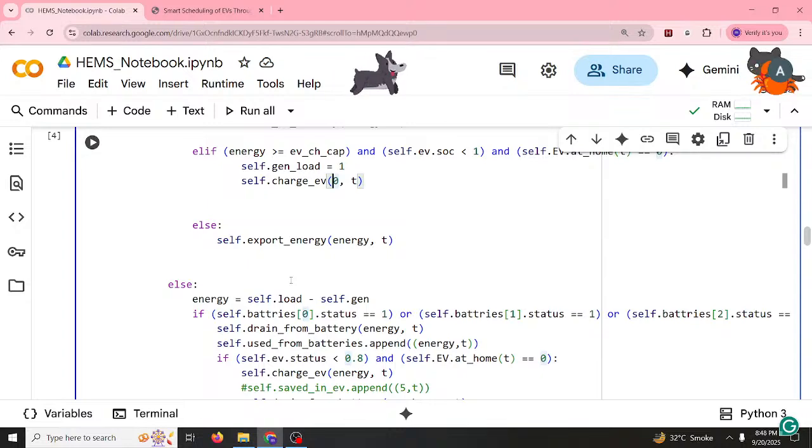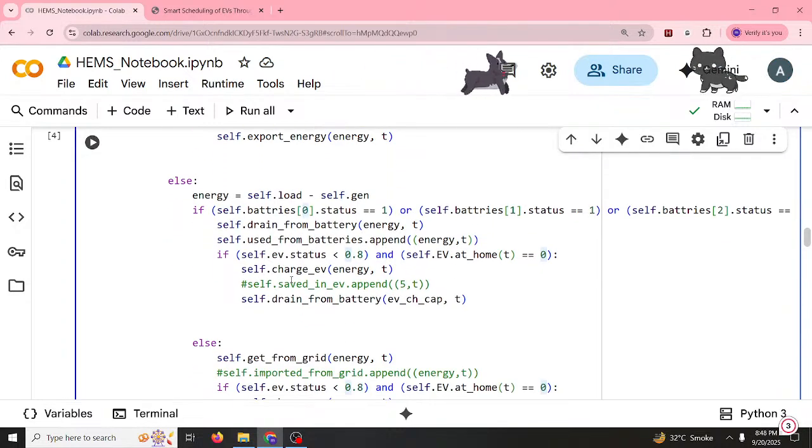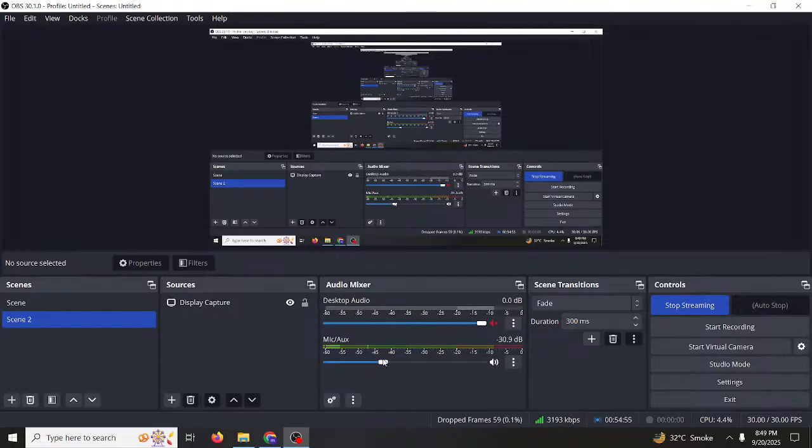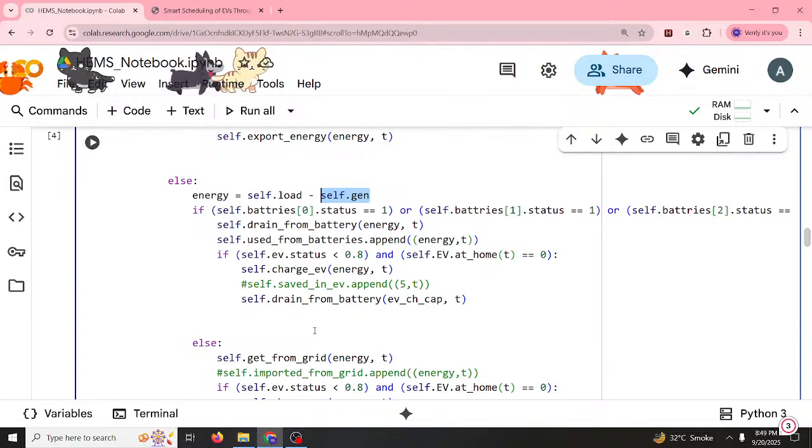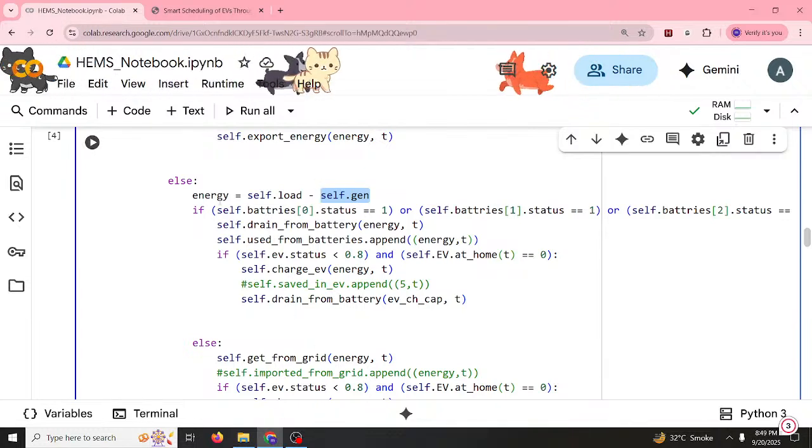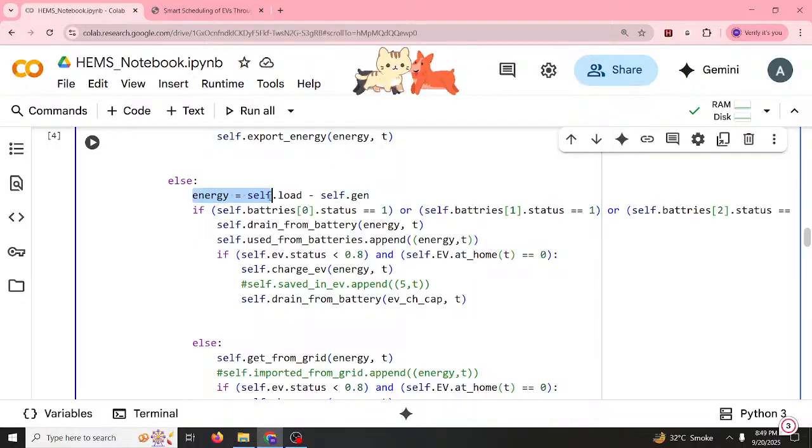So let us move further. Now if the system load is higher and the generation is less, yes, the volume is a bit low. Let me enhance the volume here. Okay, so if the energy is